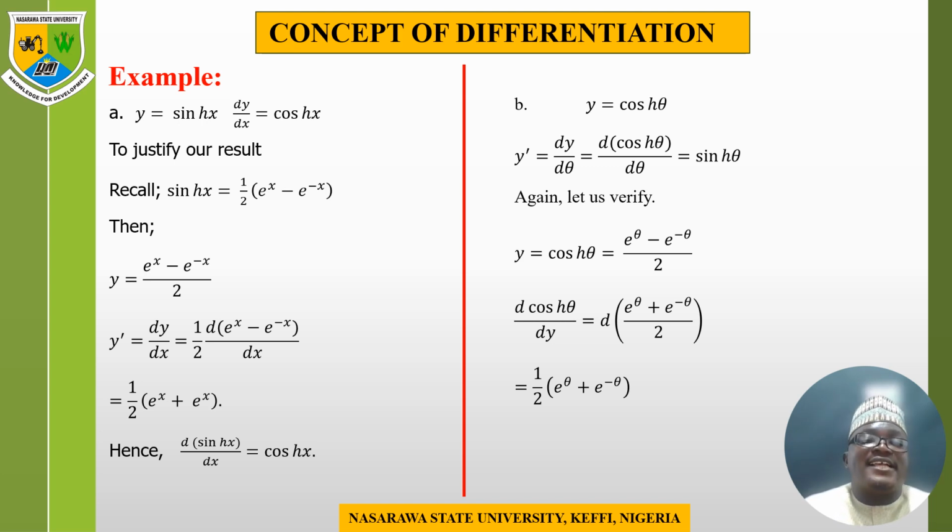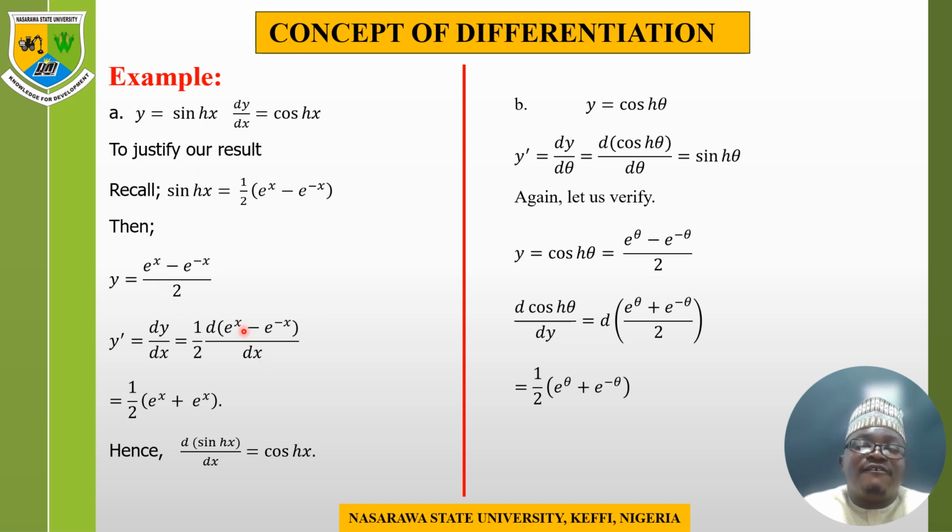Then now, sin x. Find dy/dx. If y equals this, find dy/dx of cos x. To justify this result, we recall from the previous one, we say sine is the same thing as this. And let our y be this, because when you multiply this one with this, we get back. Let our y be this, then y prime is going to be, when you differentiate your y,